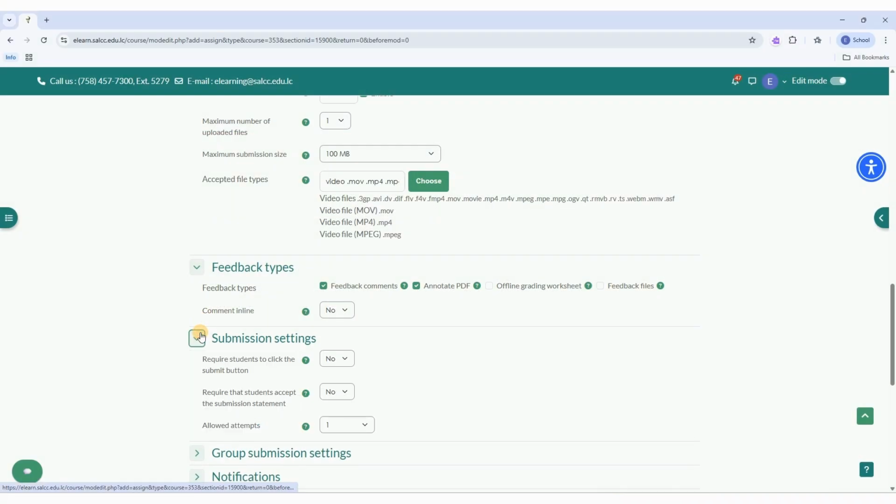Submission settings. Here, you can decide if you want to require students to click on a submit button to submit their assignment. If you select yes for this option, the student's upload will first be saved as a draft, which you can view, and then they will have to click on a submit button in order for the assignment to be submitted. If this option is set to no, as soon as the student clicks the option to save, the